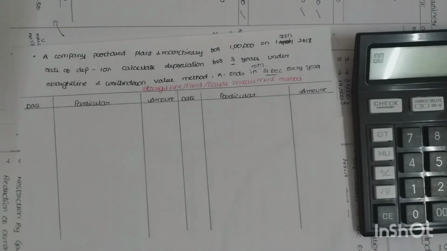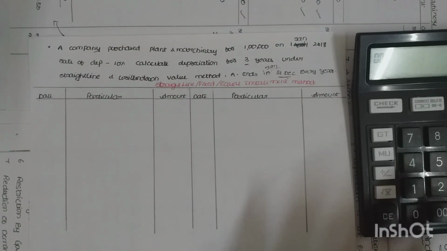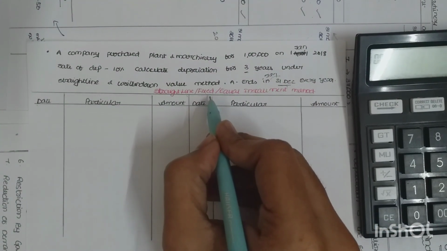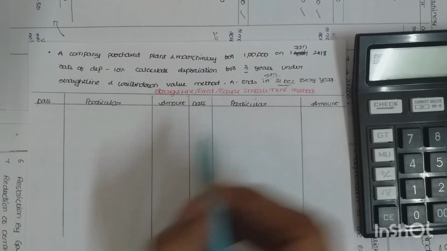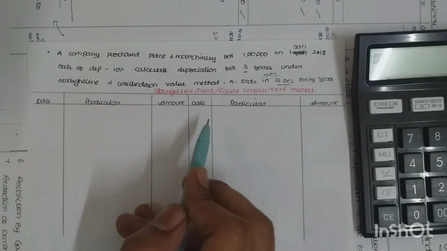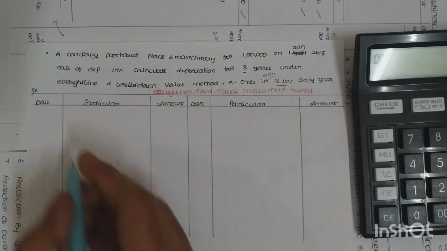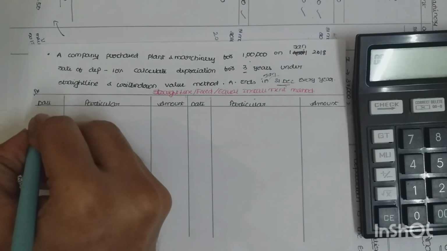Okay, now how we are going to do this problem in the straight line method and the diminishing balance method, we will see. First we will do it in the straight line method. Another name for this method is the fixed installment method or equal installment method. The format is simple: date, particulars, amount on the debit side, and the credit side also date, particulars, amount. So first, for how much we have purchased, that we have to record. What is the date? 1st January